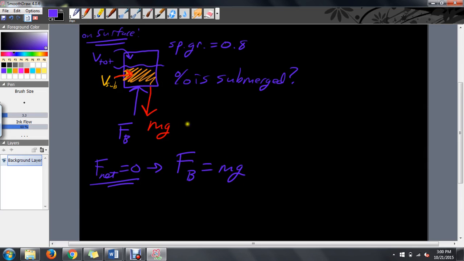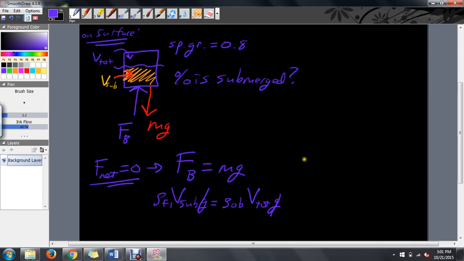This is how you do equilibrium. So it's an equilibrium scenario. In our other scenarios, if it's sinking, it stays sinking. It will always accelerate downwards. If it's floating, it will always accelerate upwards. So rho fluid V submerged g equals density of the object V total g. So be careful now, the mass of the object depends on its total volume, but the buoyancy force only depends on the submerged volume. So here we can only cancel g,